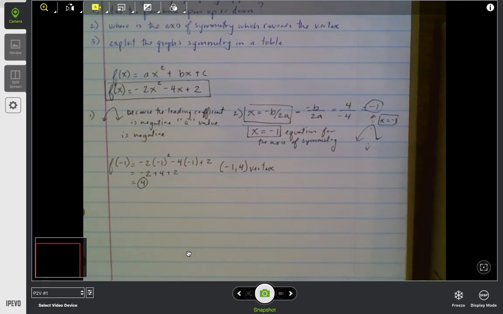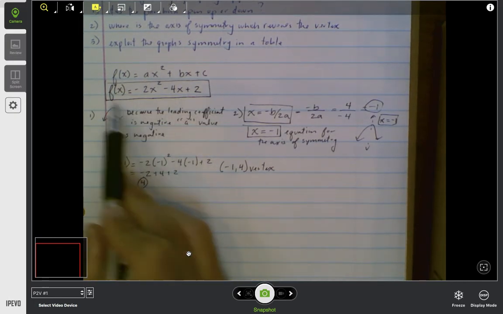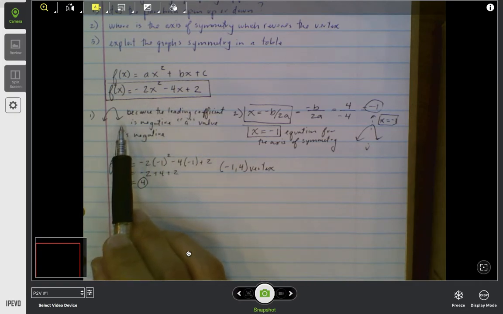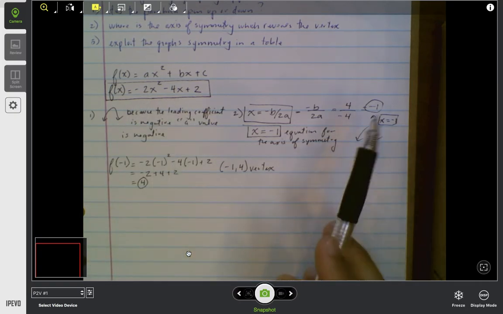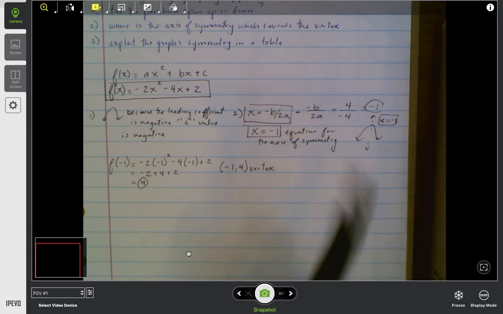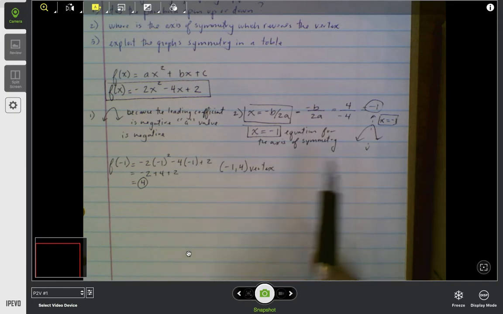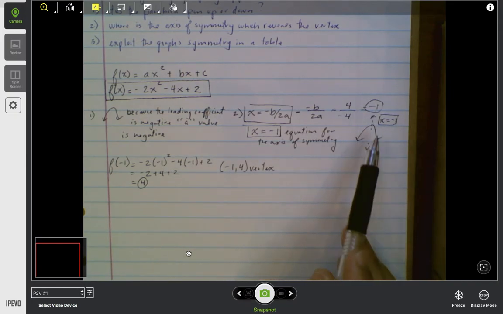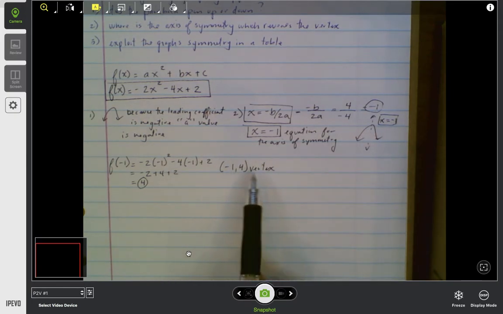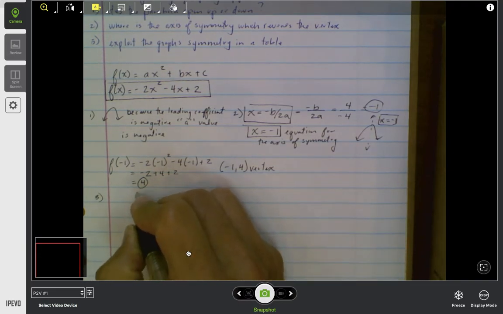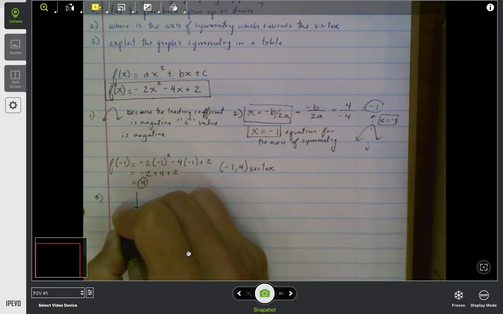We've got a whole lot of information, all of which we extracted from this one equation here. We know that it opens down, this parabola. We know that its axis of symmetry is at x equals -1. We know that when we plug in that -1 into the function, because that axis of symmetry passes through the vertex, we get an ordered pair of -1, 4. That's where my vertex is. So now I'm on step 3, where I can exploit, make use of, take advantage of